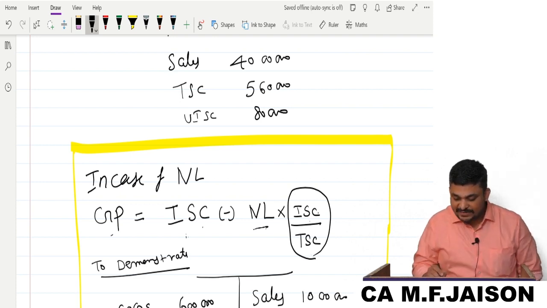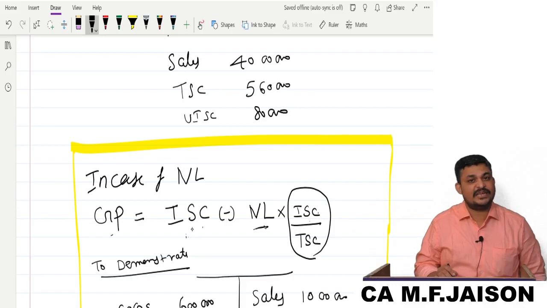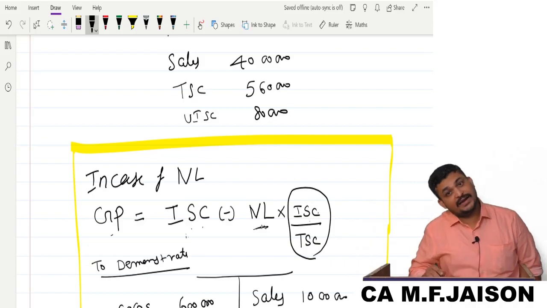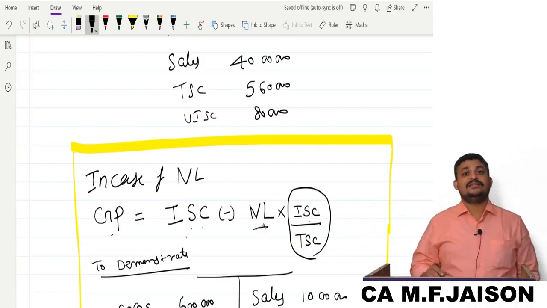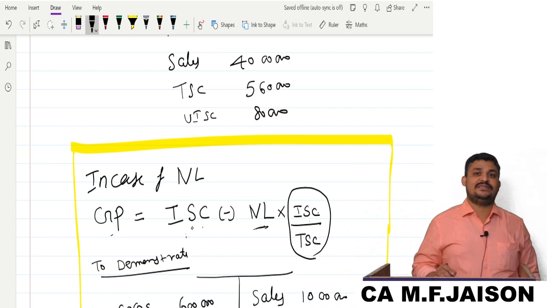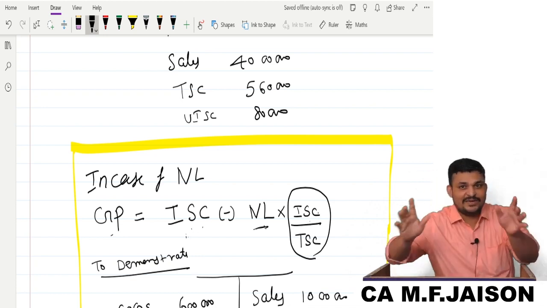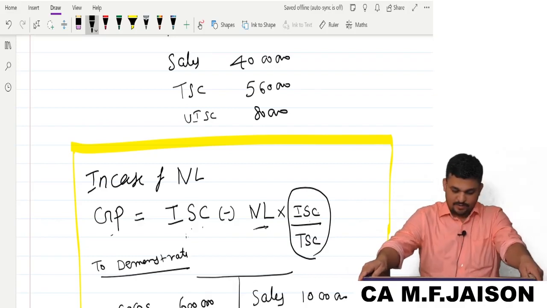First of all, net loss means under recovery of this expenditure from business, but it will have components of insured and uninsured, but I want only the under recovery towards insured expenditure, and thereby it is insured divided by total standing charges. I hope you understand the logic. Yes, understood? Yes, sir. Okay.